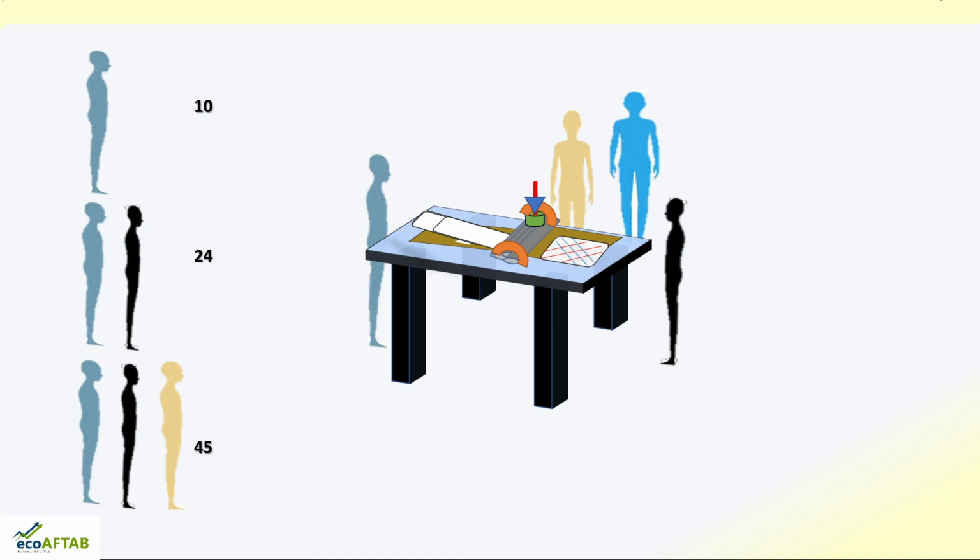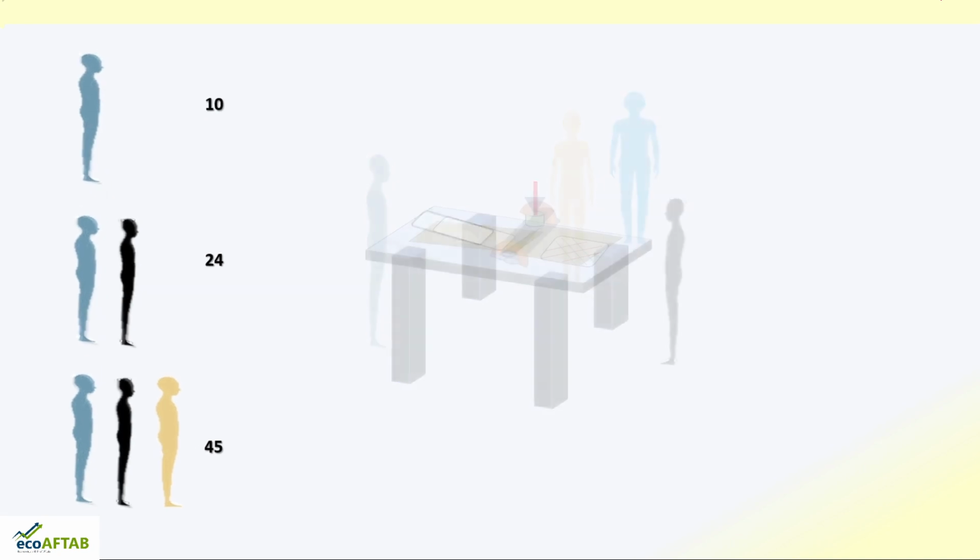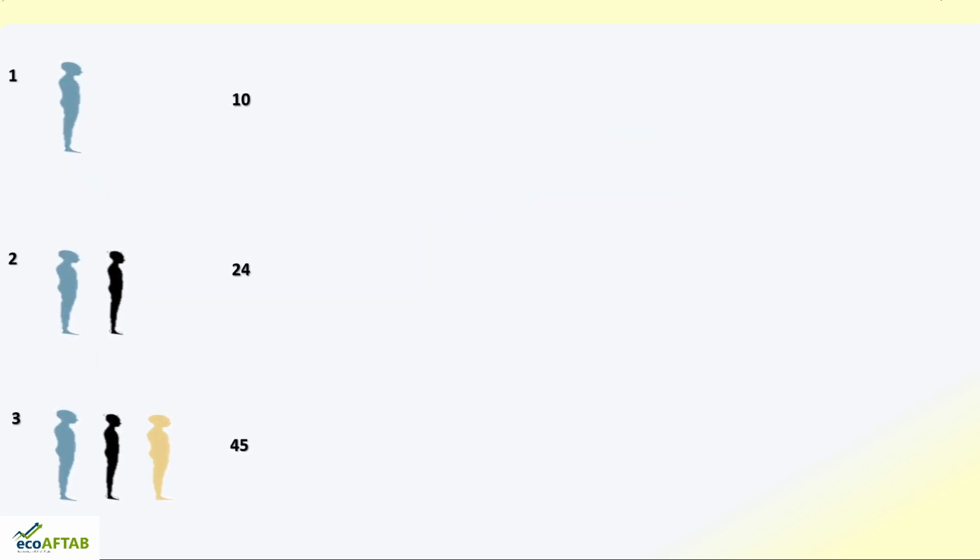So this is the first case. This 10, 24, 45 becomes our total printed papers. So when the labor was 1, 10 sheets were produced. With 2 laborers, 24 sheets were printed, and with 3 laborers, 45 sheets were printed. Let us take one step ahead. Now you can see,